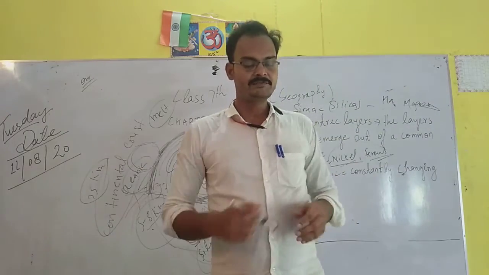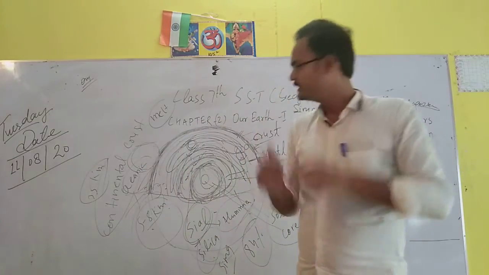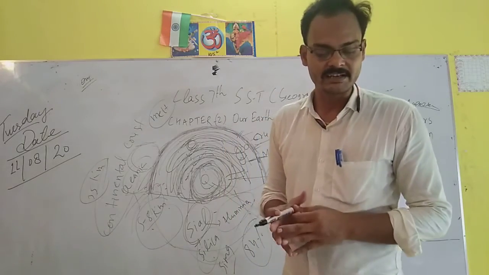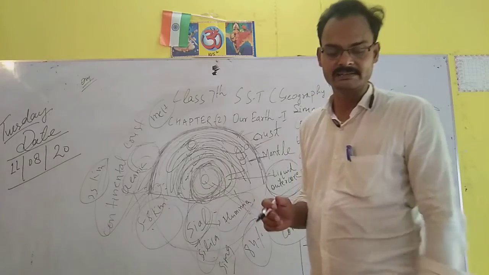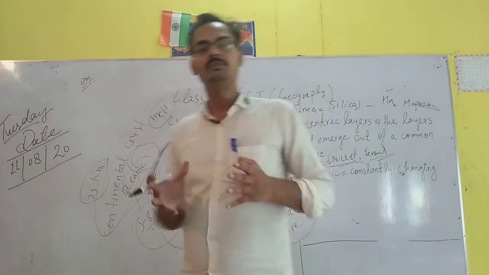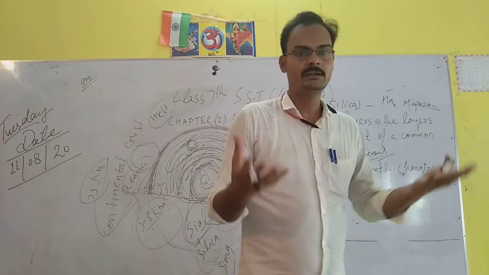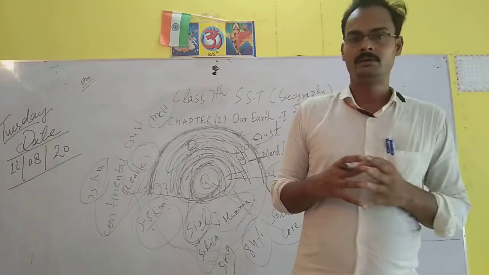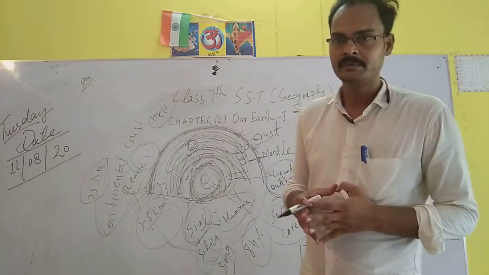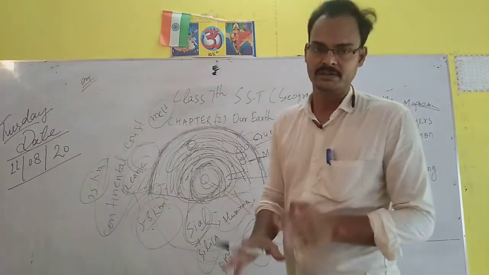So rocks are minerals found in the earth crust. In this earth crust, rocks are found. They are natural aggregates of minerals which can be either as hard as granite or soft as clay. As students, you have to know that all these mountains and rocks are a form of metals. They can be in liquid form, or they can be in solid form.